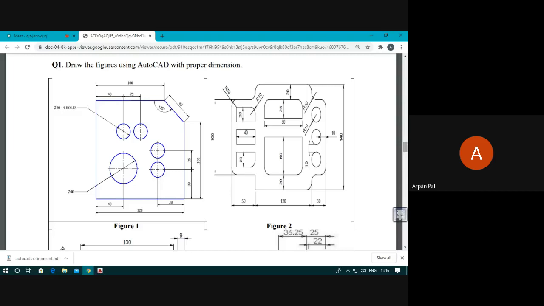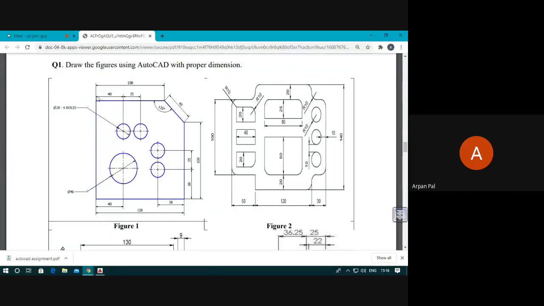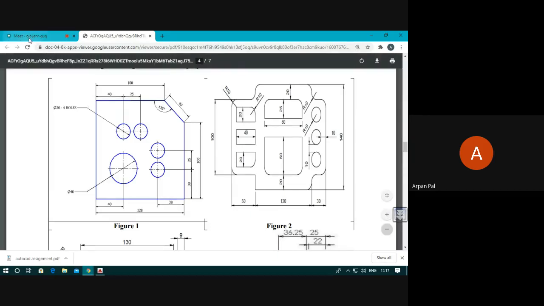What do you think? I am moving my mouse cursor. You just reply. From which corner should I start? This is a very crucial point of starting any drawing. This is the top left corner, top side, left corner. This is left side, but bottom corner. This is right side, bottom corner, and this is right side top corner.